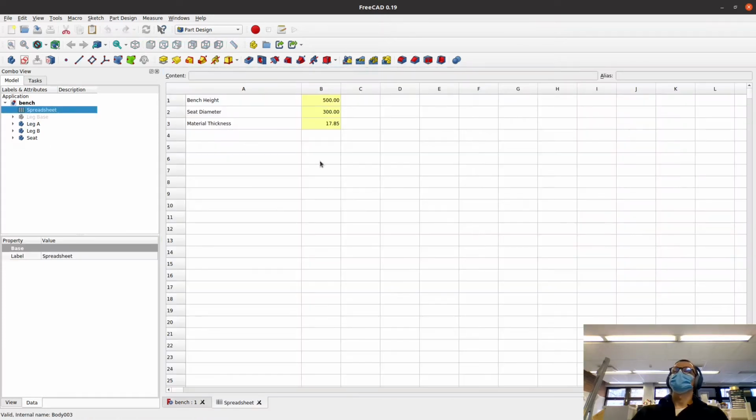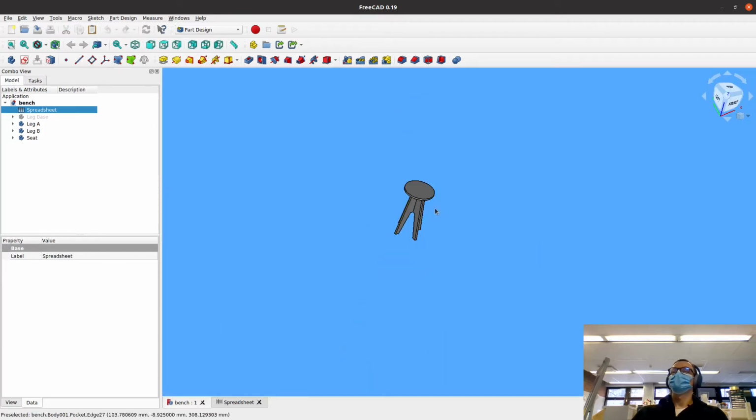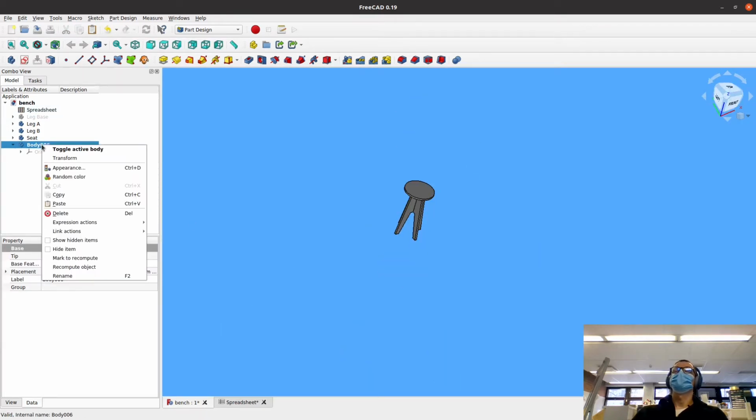Here in the spreadsheet I have 3 parameters at the moment, defining the bench height, the bench seat diameter, and also the material thickness. The latest measurement of the material sheet that I have is 17.85 millimeters, so not exactly 18 millimeters. This is very important before you start setting up for CNC milling: double check the material thickness. We go back to the bench design,